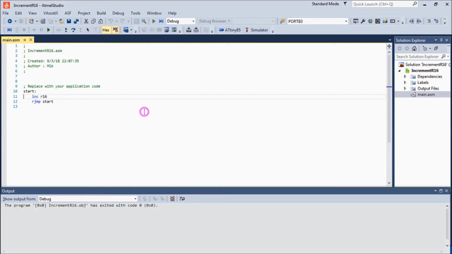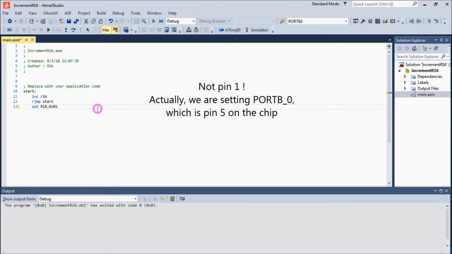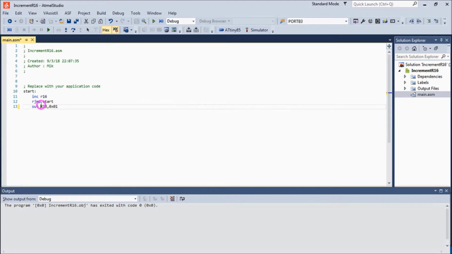If you're writing a program in which you want to set a bit in port B in order to raise a voltage on a pin on the chip, then you can write out R18, 0x01, because you're going to be setting pin 1 high. However, if you don't want to remember that port B is R18, then you can write out